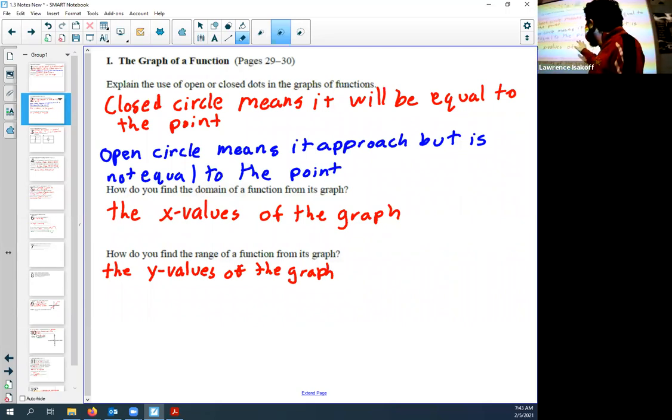How do you find the domain of a function? We look at its x values. So domain is the x values. And for a good number of functions, it will be